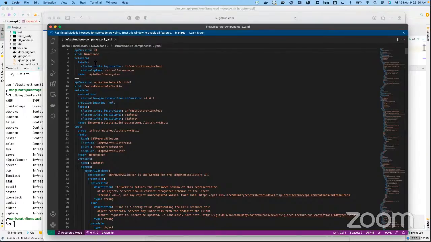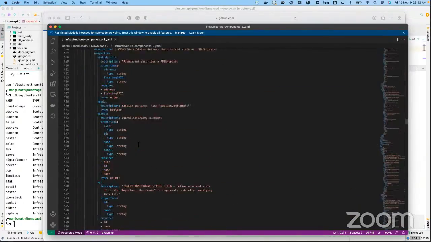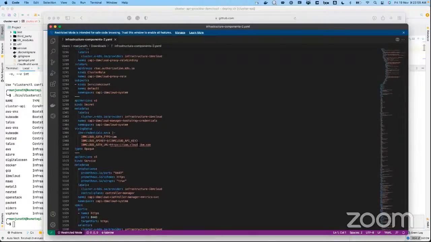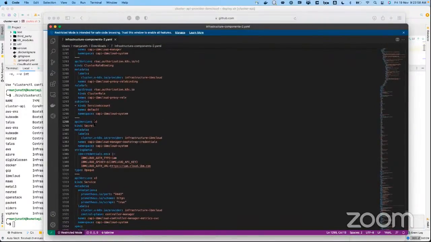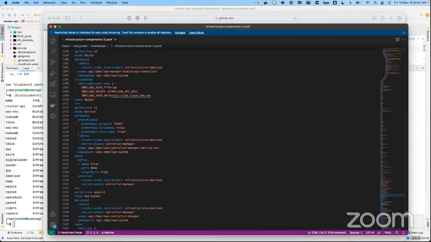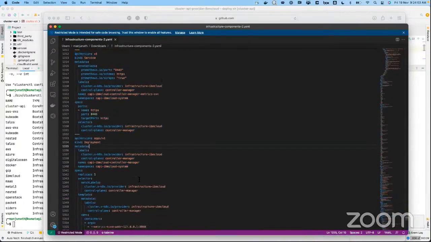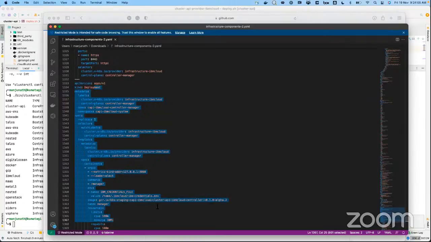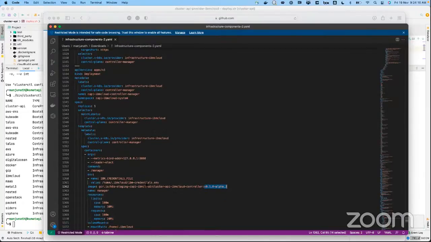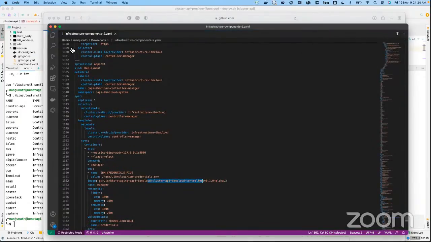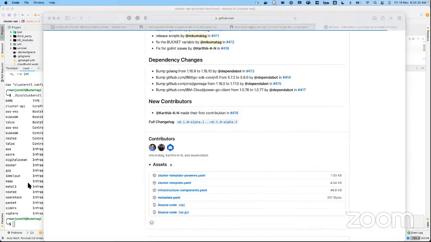It also contains the namespace, CRD, and the CRD is really huge, of course. It also deploys your secret, cluster role and cluster role binding, the service also, and then the deployment of course. This is the deployment for deploying your controller. We can see here the release version is mentioned as 0.1 alpha 2, and at the moment this is using the staging environment image.